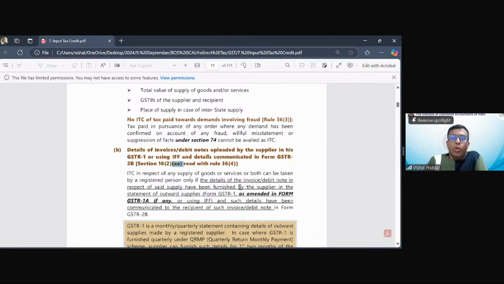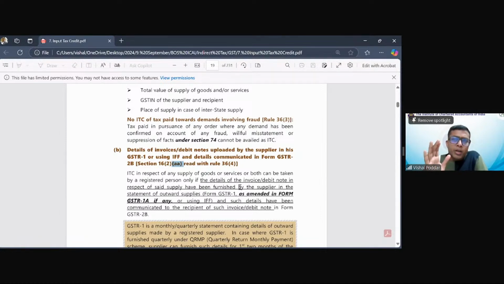Now here, over a period, the government found that when I am directly coming from 1 to 3B, I have skipped that entire GSTR2 because it wasn't functioning. This was creating a practical problem: when people were filing their 3B, the ITC that they were claiming, which is their benefit and will reduce their output liability, they were claiming by themselves directly in 3B without any cross check. So the government thought, let me try to restart this GSTR2 concept.